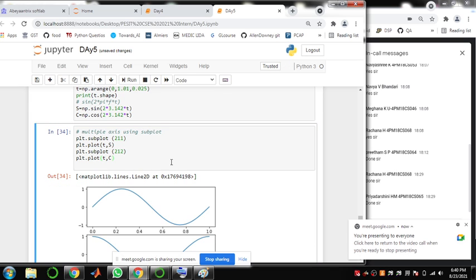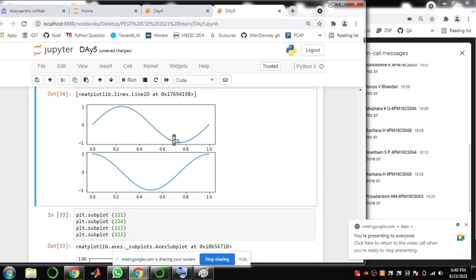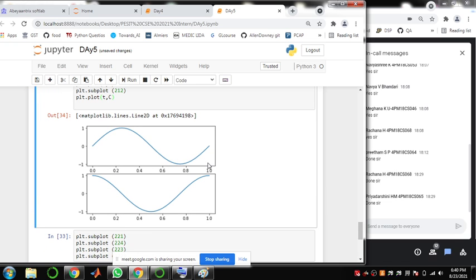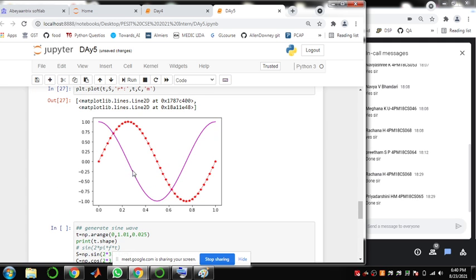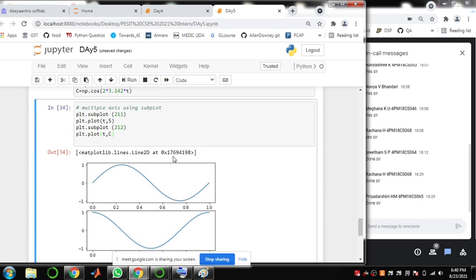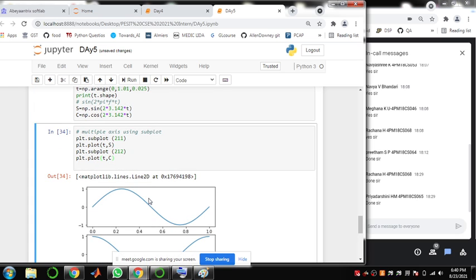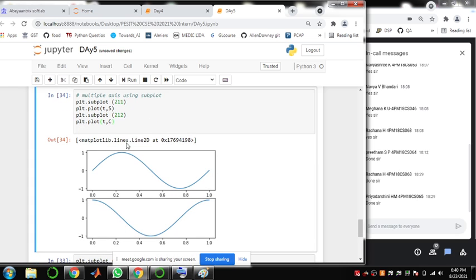Two different plots in one window. So that's the major usage of it. Now I'm able to plot in two different axes, multiple axes using subplot.